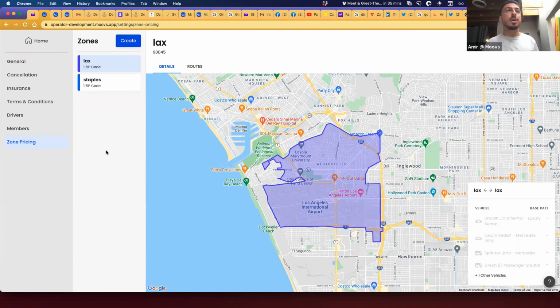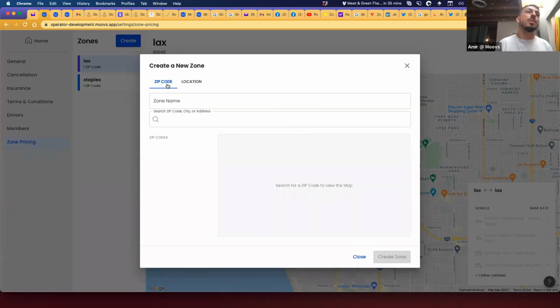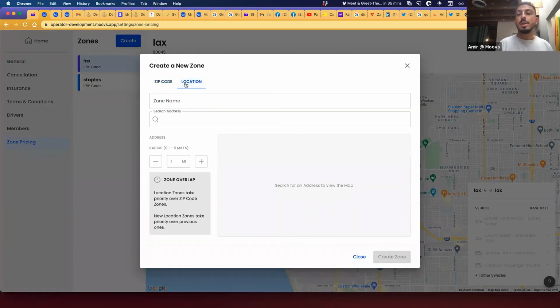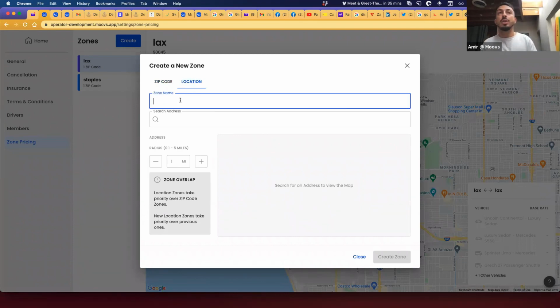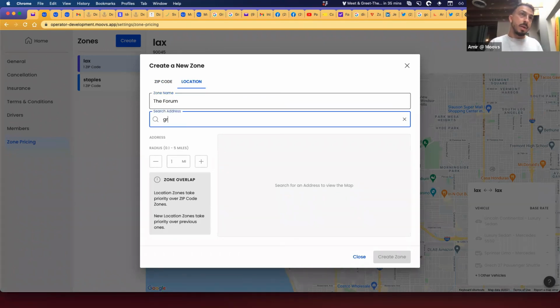The way that this works is you create zones. To create a zone, you can create a zip code zone and a location zone. In this case, you could create a location zone based on, let's say, a popular venue, like the Forum. Great Western Forum, if that's still what it's called.